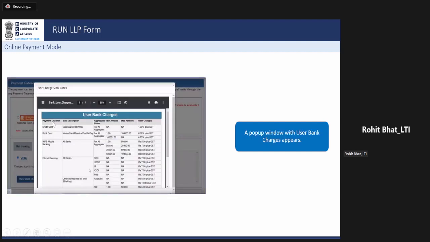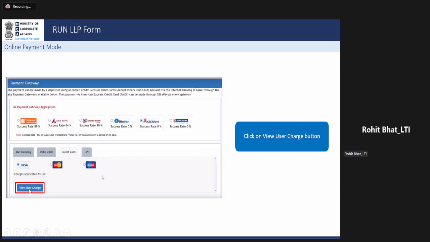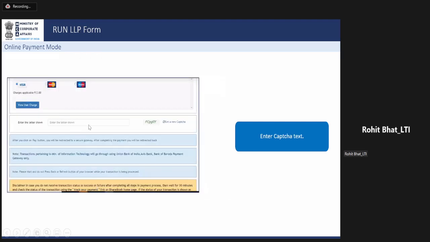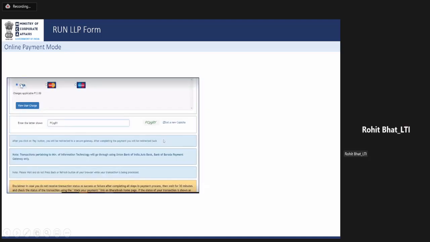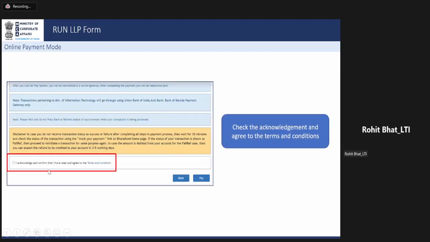These are basically the various bank charges. If you want to know what the bank charges are, the user can click here and they'll get to know, and they can again make an informed decision about whichever method they want to use to make the payment. As soon as we add the captcha code here, Sakshi has selected Visa here. Yes, we have selected Visa, and the charge I can see here is 2 rupees. So I can select other options also, see what charges I'll have to pay in the other options, and then select accordingly and go ahead. I need to check this checkbox and click on pay.